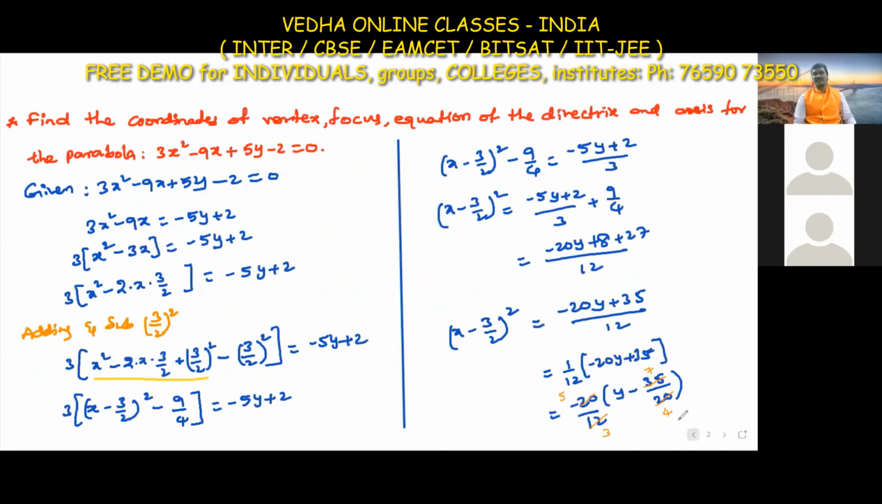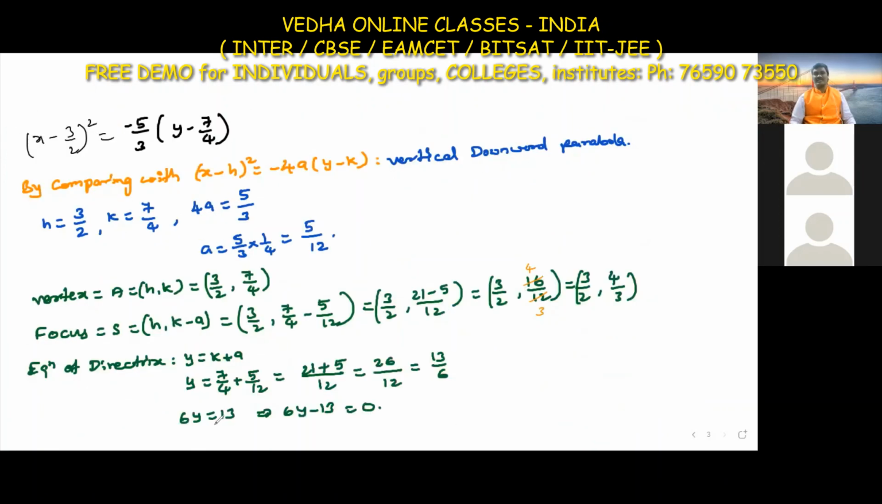After the directrix, what is he asking? He is asking the axis of the parabola. What about the axis? Anybody first? What is the axis? x minus h is equal to 0. Yes, x minus h is equal to 0, or x is equal to h. So x is equal to h means x is equal to, so this implies